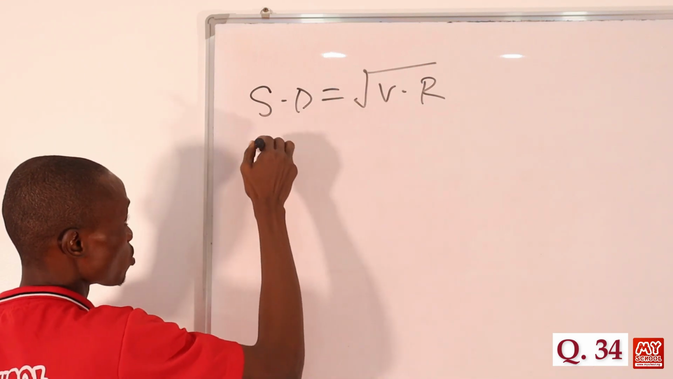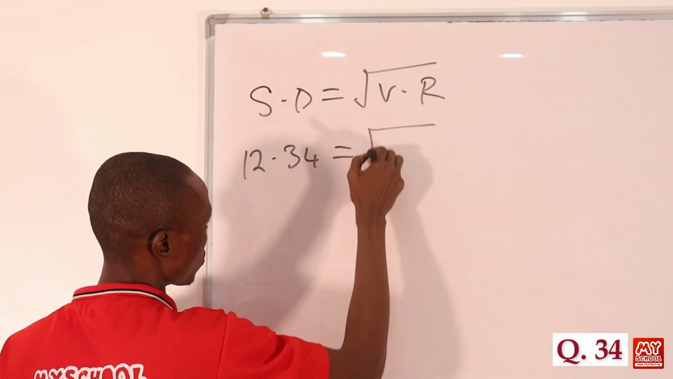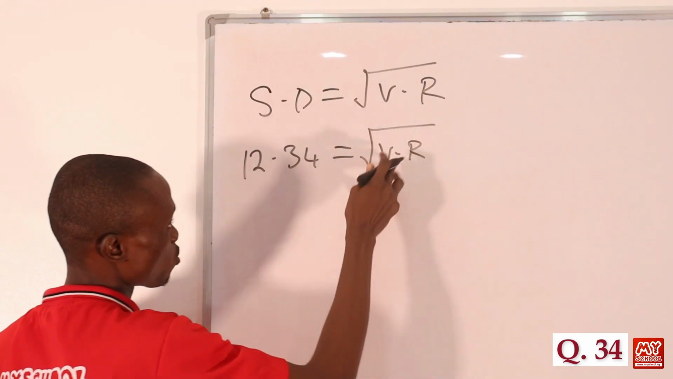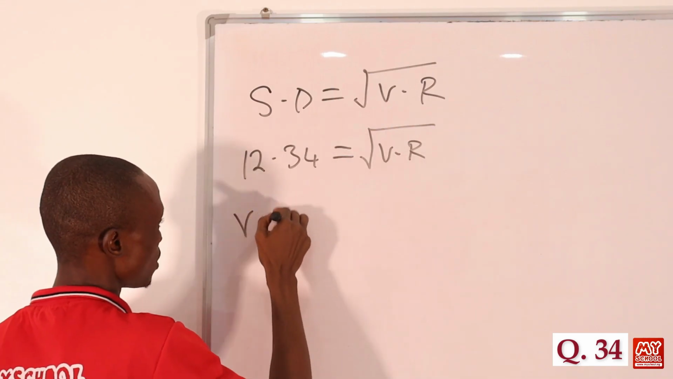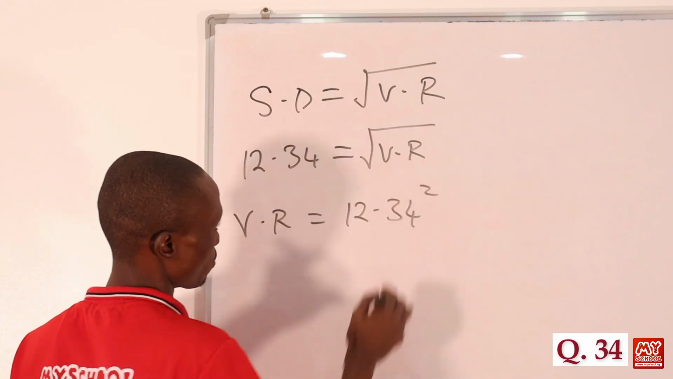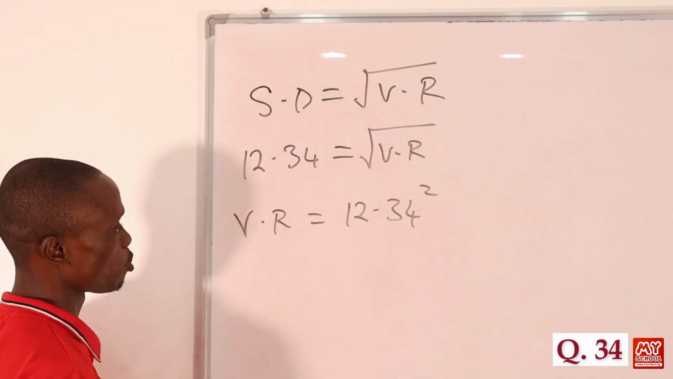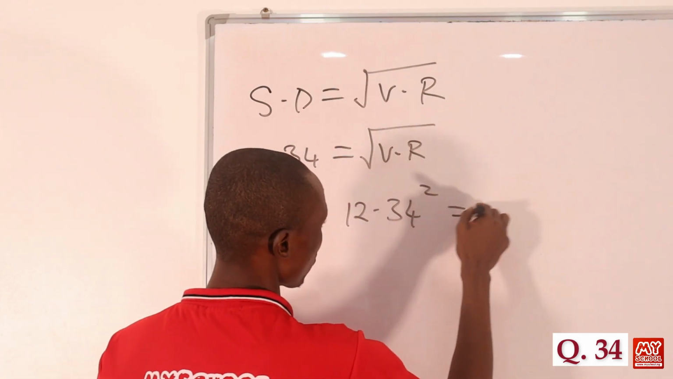Now, the standard deviation given to us in the question is 12.34, and this will be equal to the square root of variance. So for us to get the value of variance, we simply square both sides. So variance, V, will be equal to 12.34 squared, since we took the square root of both sides. The square of 12.34 will be equal to